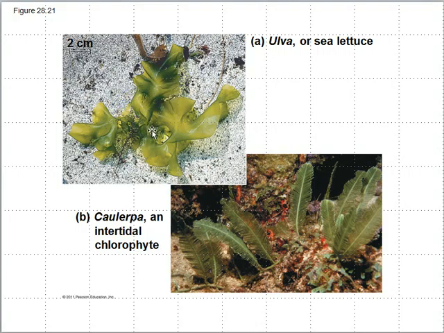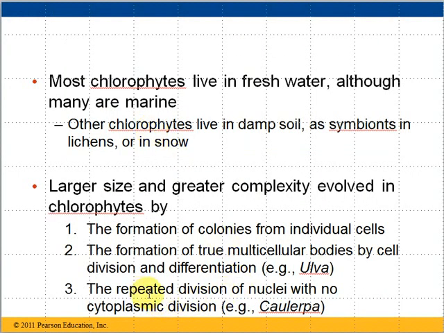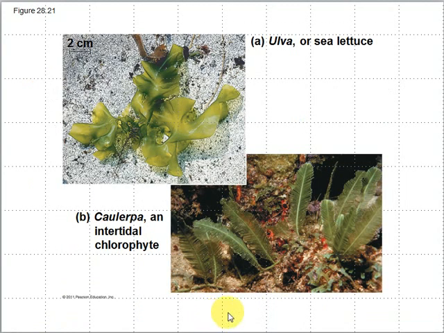They do different jobs. And then the last one is a repeated division of nuclei with no cytoplasmic division. So this would be basically like one large cell with numerous nuclei, but the cell doesn't complete the division and separate into two cytoplasmic parts. There's no pinching in the middle and separating into two portions. So it's kind of like one cell that divides and repeats and reproduces more of the inside portion, but doesn't subdivide into separate cells. And this plant is kind of an example of what you might see for that type of chlorophyte. So a couple different ways that this type of green algae has grown in size and complexity, and I have a few examples here.